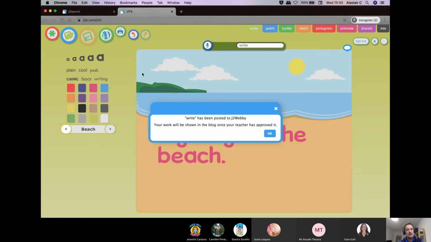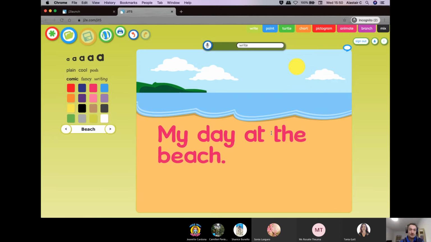And what it says on the screen here is this. It says that it has been posted to J2 Webby. Hold your horses. No, it hasn't. Not just yet, because underneath it says your work will be shown in the blog once your teacher has approved it. And that means you, as the teacher of the class, will have a button to click when you log